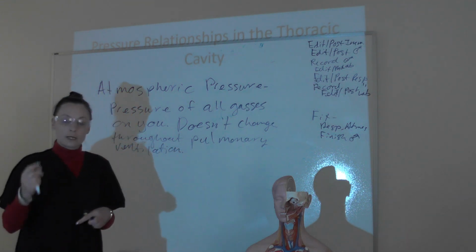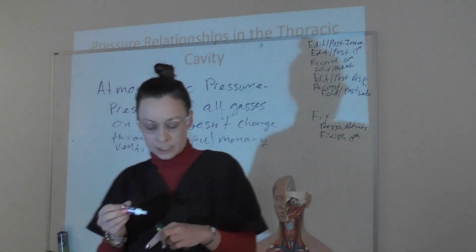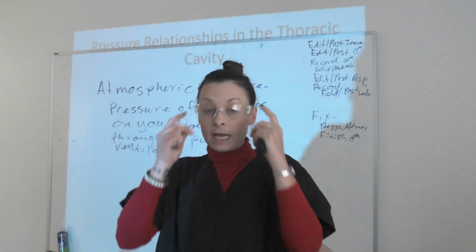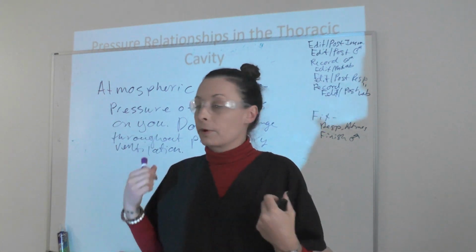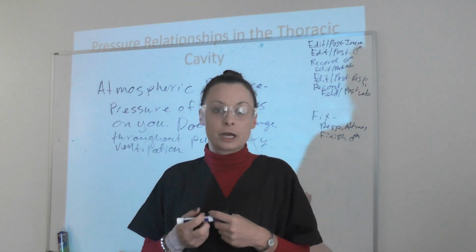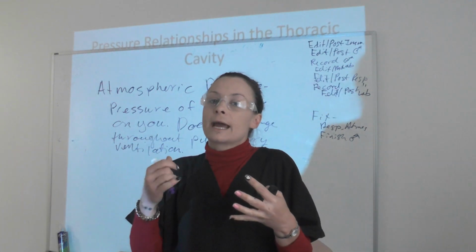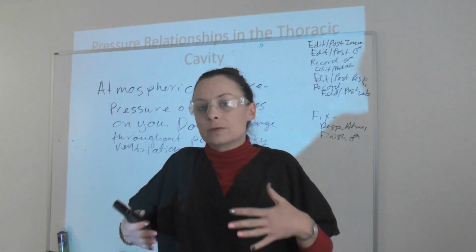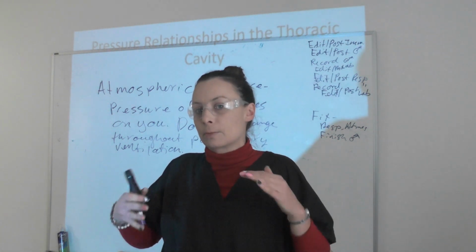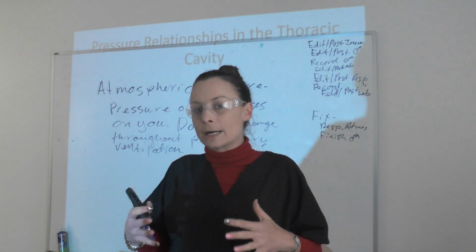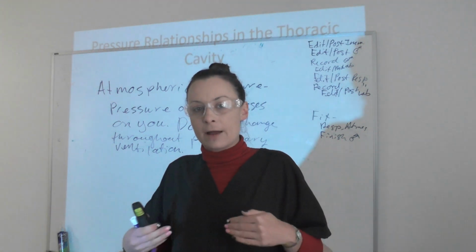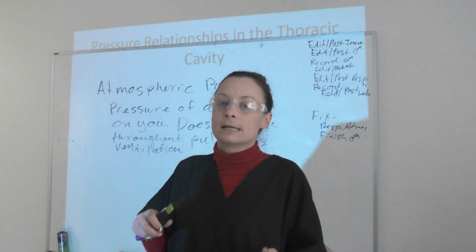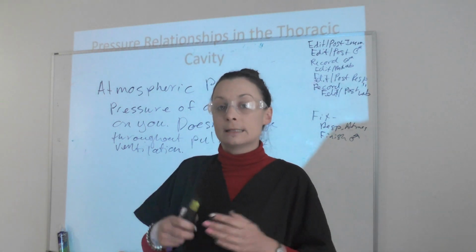Okay, the next pressure that is going to change throughout pulmonary ventilation is intrapulmonary pressure, or the pressure within your lungs. As you recall from the previous description of pressure relationships, as the volume holding a gas increases, the pressure on that gas decreases. That's what happens when the diaphragm contracts. It decreases intrapulmonary pressure by increasing intrapulmonary volume. Then when the diaphragm relaxes and pushes back up into the lungs, it decreases intrapulmonary volume, so it increases intrapulmonary